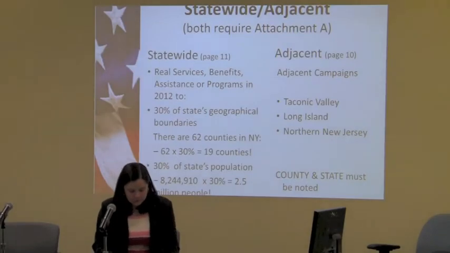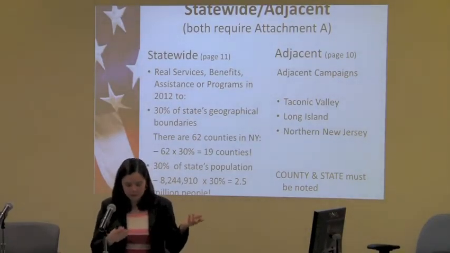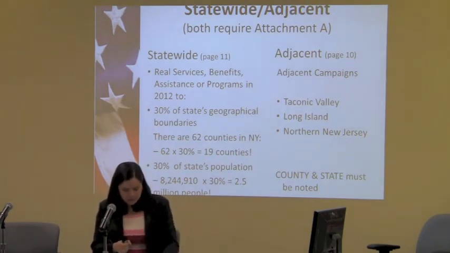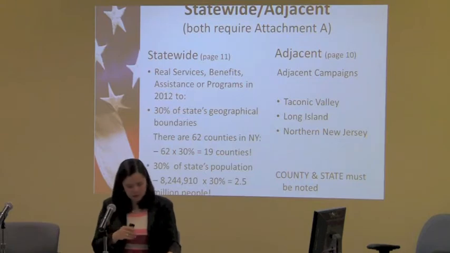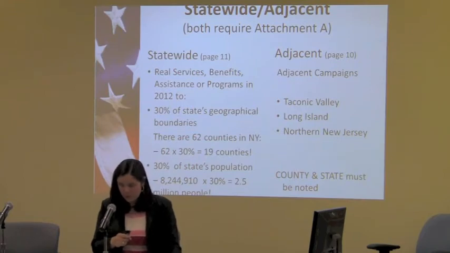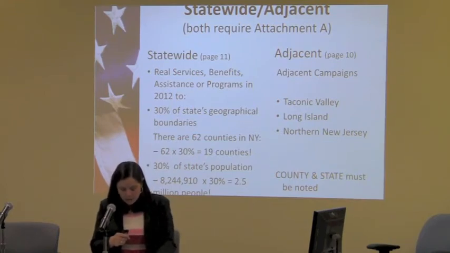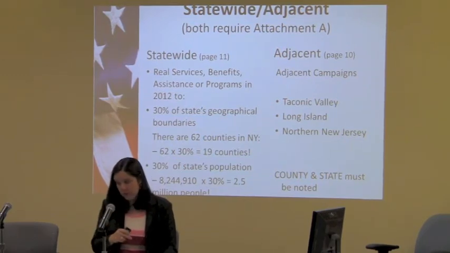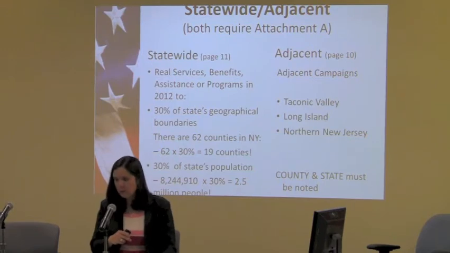Plus, it's also preferred by my finance department. There are 2 other options. You can claim as well. You could be in New Jersey, northern New Jersey, and apply to my campaign as adjacent. That's also on page 10, so if you're in New Jersey, you would check the box next to the second option. Oh, and I'm sorry, there's one thing I wanted to mention. On number 1, if you're doing local, the hours of operation, we need to verify 15 hours. You have got to fill that part in, please. So make a little note there, next to hours of operation, just please put in the hours you're open so it's easy for us to tell.